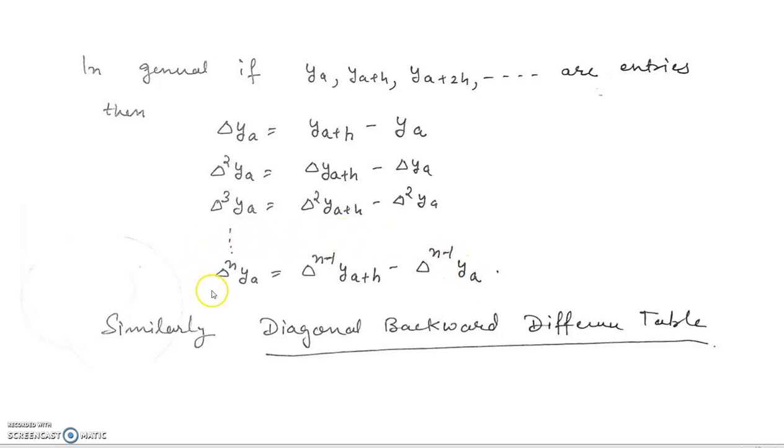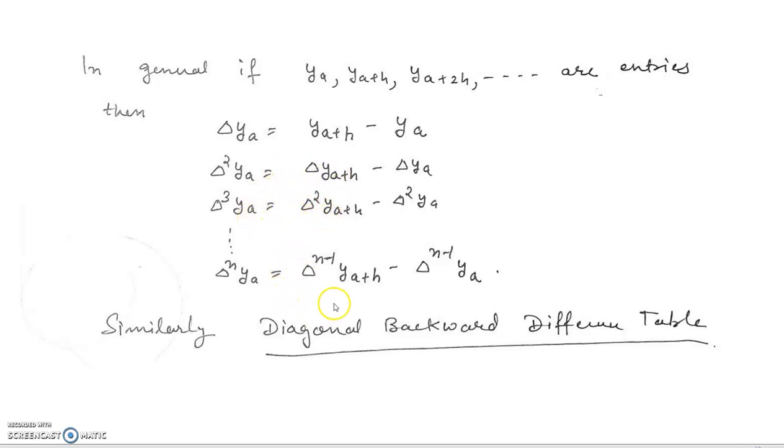While writing any order forward difference, you have to keep just two things in your mind. First, if you are taking a forward difference, then you have to go from a to a plus h, meaning one step ahead. And second, if you are calculating the nth order difference, then you have to take the n minus 1th order on the right hand side. If you are taking third order here, then you have to take second order on the right hand side. Then you can easily write any order forward difference.